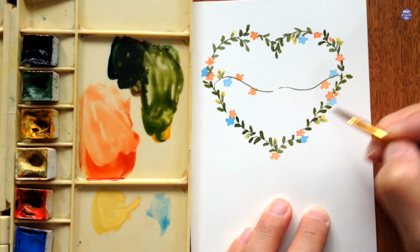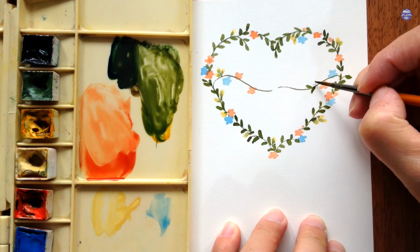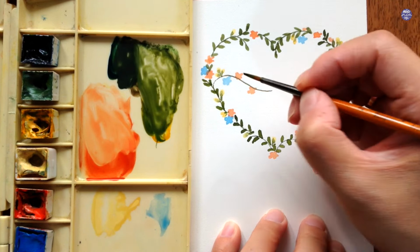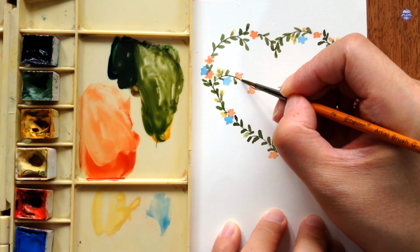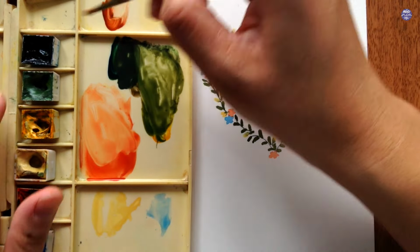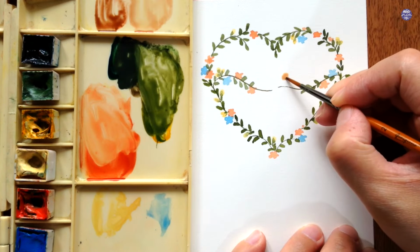At this point, I'm also adding more of the pink flowers, making sure that the composition is balanced, but I do want to leave an empty space at the center of the heart where the vines are, so I can place a couple of birds. I'm just going to freehand the birds, and for this I used a mix of vermilion and a little bit